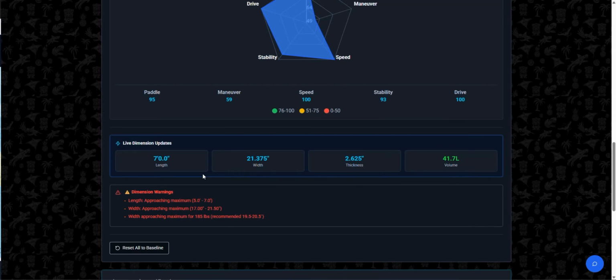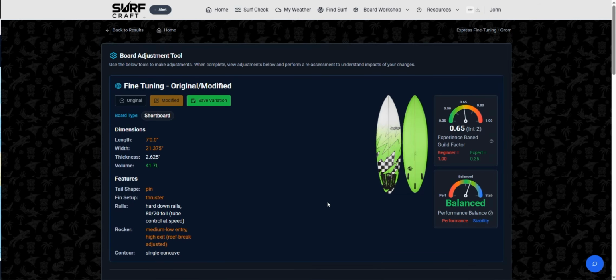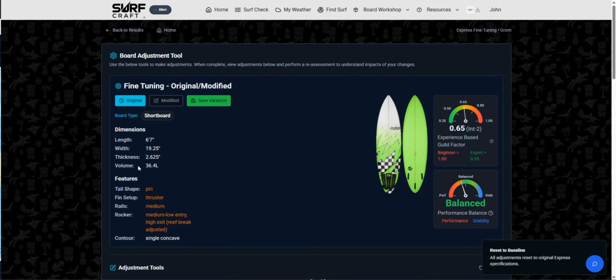All right, so we're all the way up to 7.0. So say, hey, you know what, I just forgot what the baseline board is. You just go to original, click that, it goes right back to what it was. You can save that. You can save the modified version, or you can go back to the results and not do any of that,